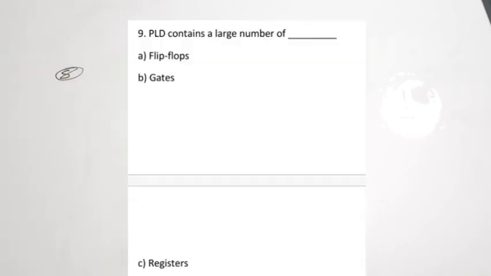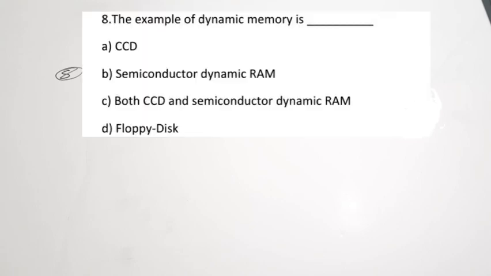Eighth question. Eighth question is, the example of dynamic memory is dash. A. CCD. CCD means charge coupled devices. Okay. Then B. semiconductor dynamic RAM. C. Both CCD and semiconductor dynamic RAM. D. Floppy disk. Correct answer is the example of dynamic memories are CCD and semiconductor dynamic RAM both, because the